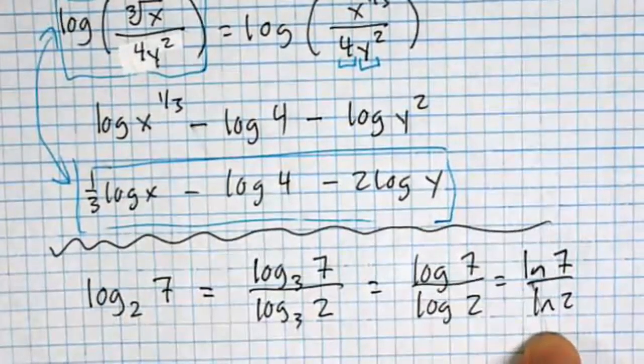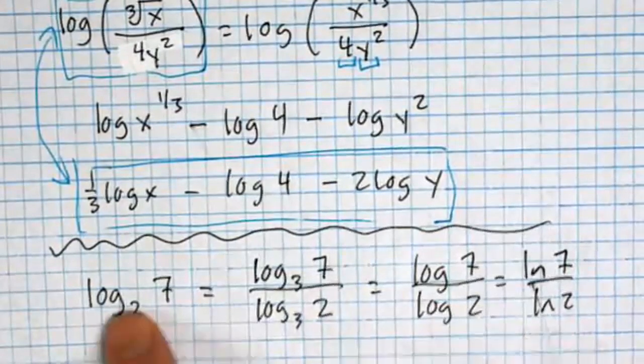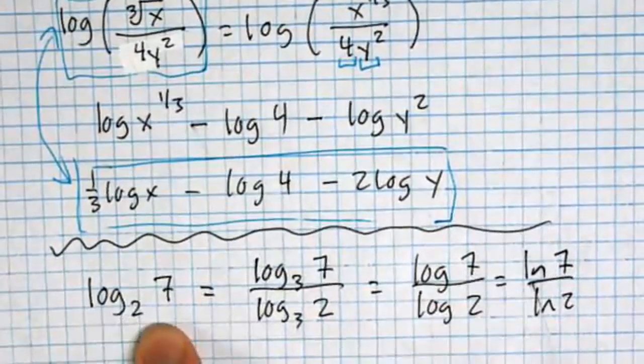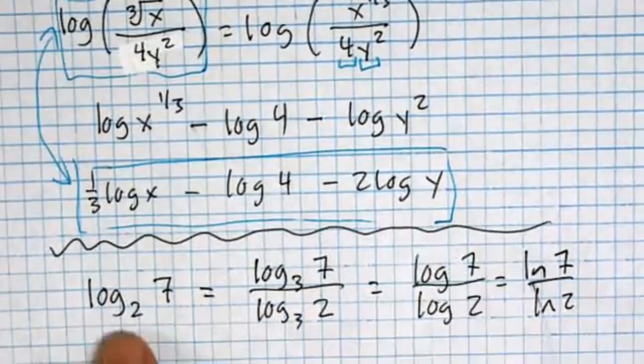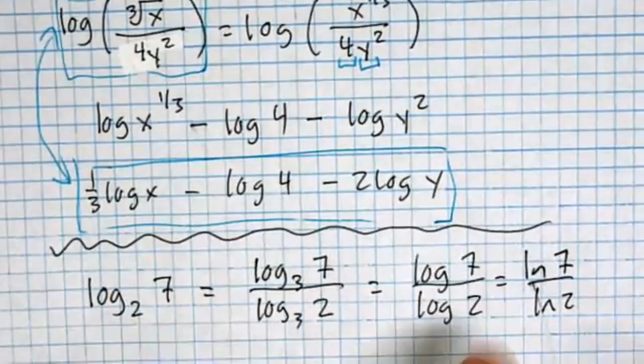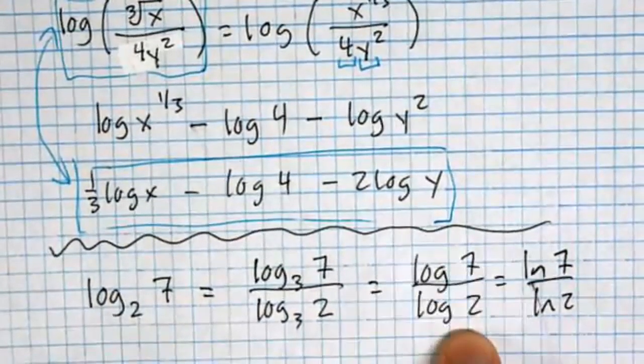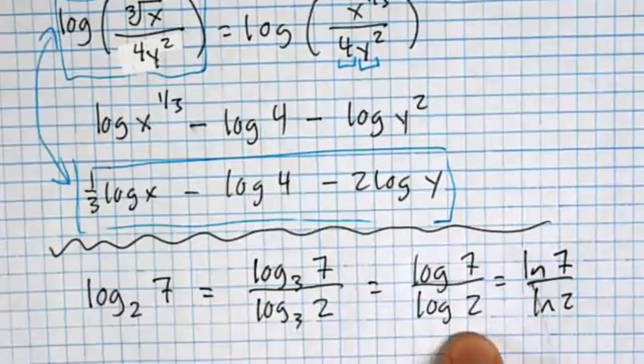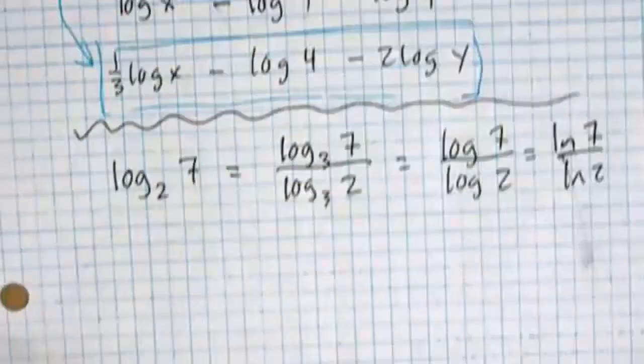By the way, your calculator likely has a button that you can type this in directly. That's all fine and good, but I'm going to ask you on the test to show me your work using the change of base formula. So getting an answer to this will get you half credit. Showing that you understand that you can do it as log of 7 over log of 2 will get you the rest. The other thing that I might ask you on a test is